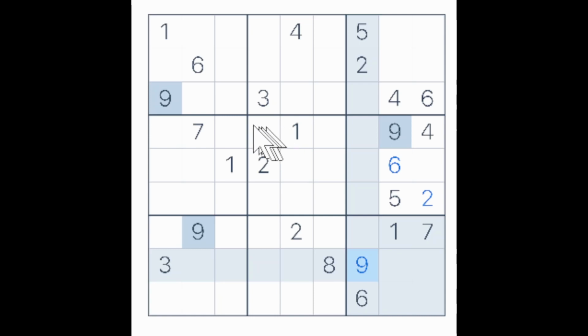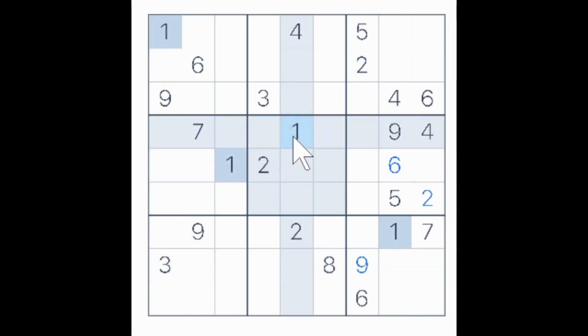We have a 1 for row 4. We also have a 1 for row 5. We need a 1 for row 6, and the only place it can go is here, because all of these 6 cells are blocked by these 2 existing ones. Now this 1 and this 1